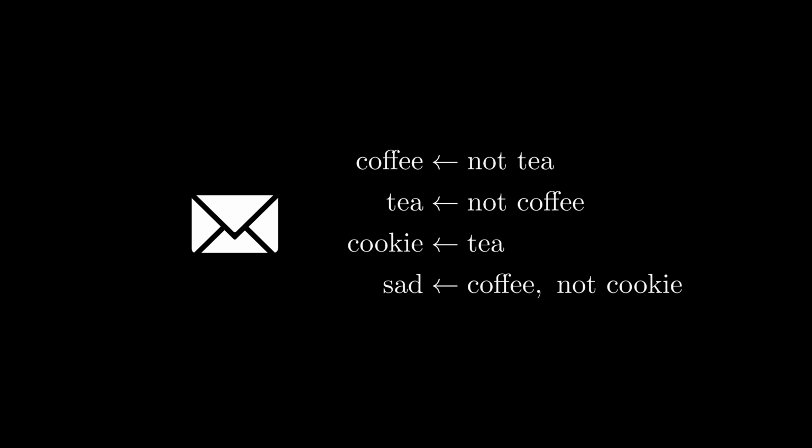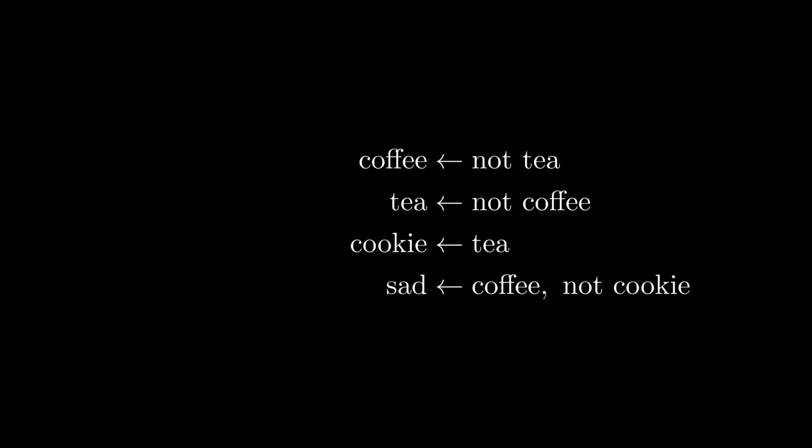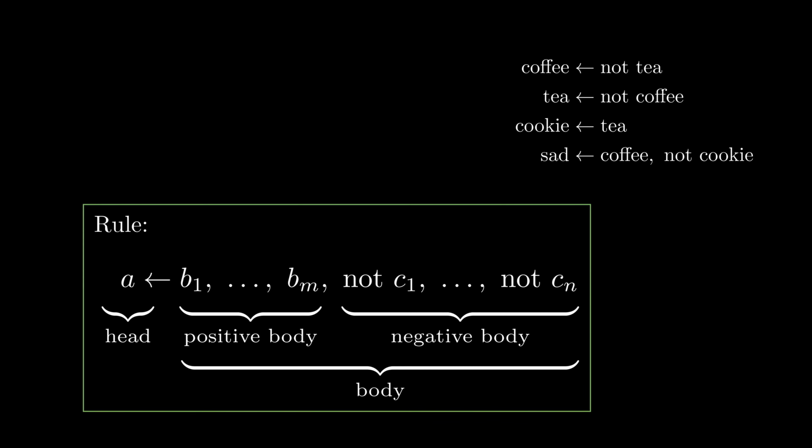Matti again. He is now concerned about tea time and proposes some other program to decide this. Let's take a look. So if we're not drinking tea, then we should drink coffee. If we're not drinking coffee, on the other hand, then we should drink tea. Drinking tea implies getting a cookie, that's cool, and drinking coffee without getting a cookie makes you sad, I can imagine, yeah. Wait. This is no longer a positive logic program. It is a regular logic program, meaning the body can feature some negated atoms.